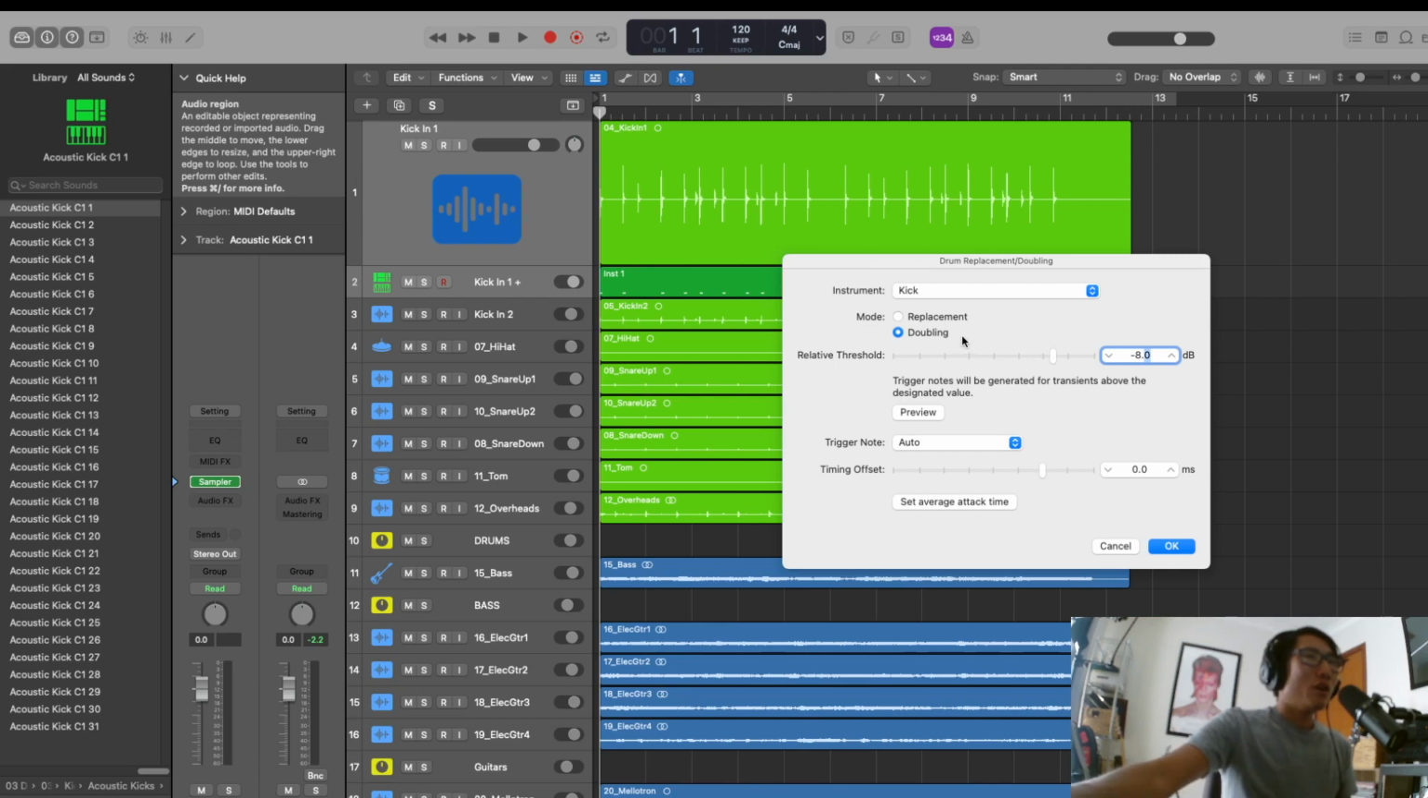Now the mode you choose is up to you. If you choose the replacement mode, that's going to mute your recorded kick sound and replace it with just a sample. If you accidentally click that, don't fret. You can always unmute your recorded drum sample and you'll have the best of both worlds there. Whereas we're just going to stick with the doubling mode because that will layer the sample underneath the pre-recorded drum without muting anything. So we've got kick and then we've got doubling. So if we hit OK,